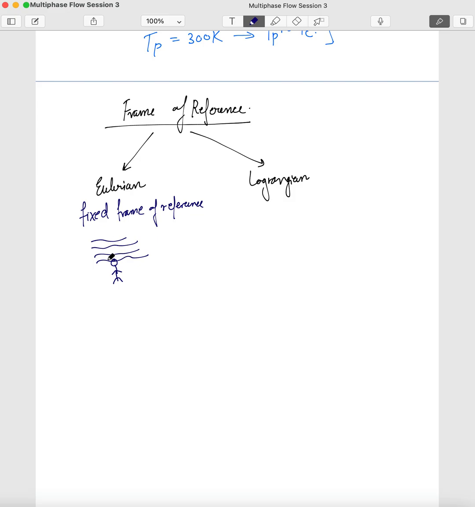You fixed yourself here, you are not moving, and you are looking at what is happening to the fluid velocity. So basically you are calculating the change in velocity between this and this. You put yourself at a particular position, and that is fixed, and then you look at the fluid. But in case of Lagrangian frame of reference,